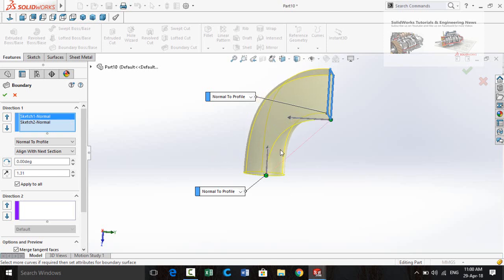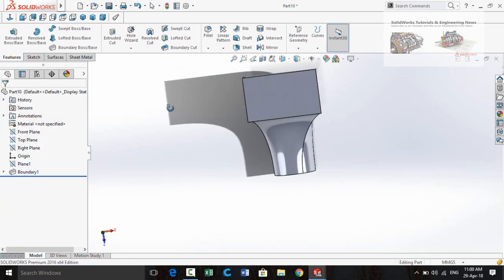You can also add your own dimension from here. Select the second sketch and type here the dimension for this sketch. Press OK button to apply this command.